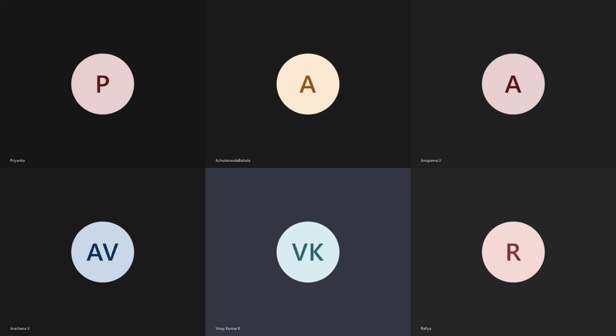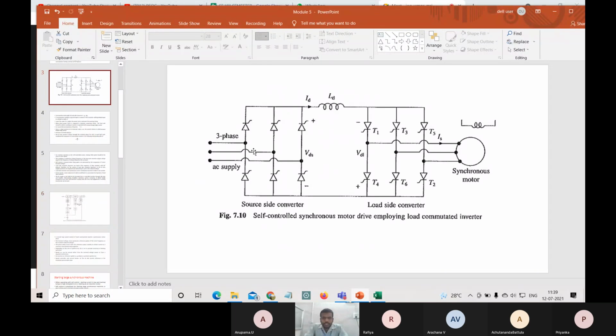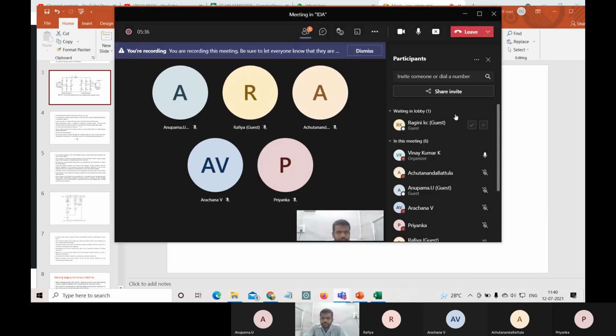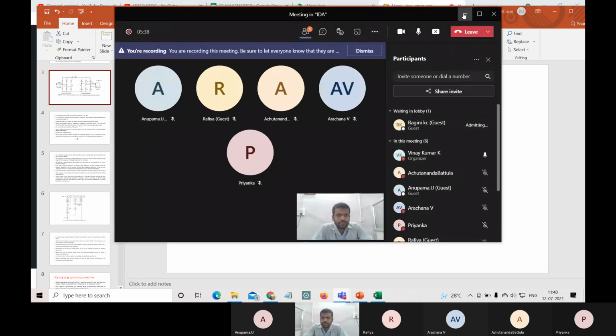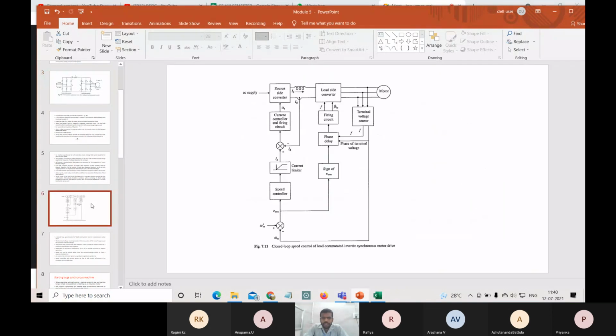inverter. So this will have two sets of converters. One is connected at the source side, another one is connected at the load side. Based upon the load angles or the thyristor firing angles, we can make the connection such that one acts like a rectifier and the other acts like an inverter. Based upon that, we have discussed the performance and analysis, and in this session